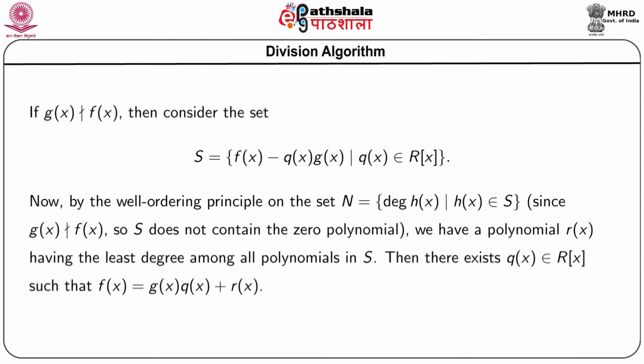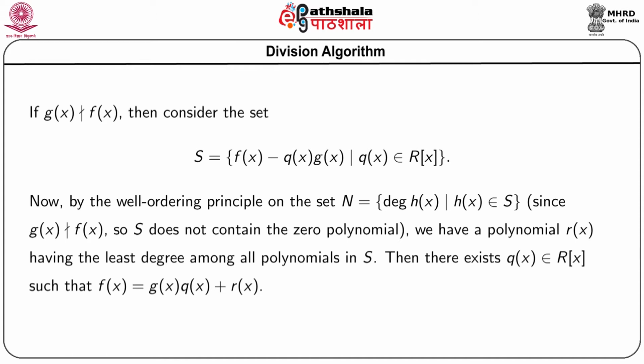By the well ordering principle, we have the least element of n, which will correspond to some polynomial of S. Suppose R(x) belongs to S, is a polynomial of least degree among all the polynomials in S. Then there exists Q(x) such that f(x) equals g(x) q(x) plus R(x). So, we get two polynomials q(x) and R(x) which satisfy the identity f(x) equals g(x) into q(x) plus R(x),